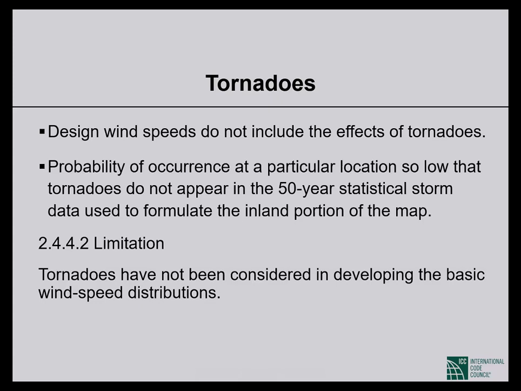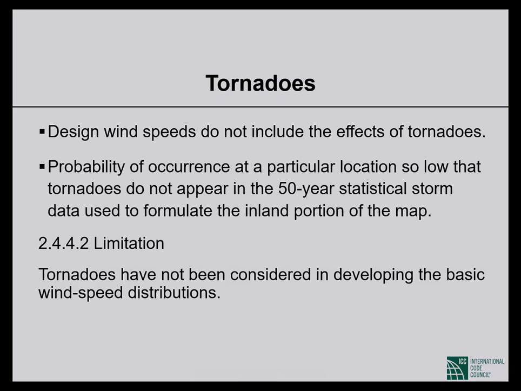So the probability of occurrence at a particular location, because they are so localized in time and space, the probability of the occurrence of a tornado at a particular location is so low that tornadoes simply do not appear in the 50-year statistical storm data used to formulate the inland portion of the map. So the 50-year